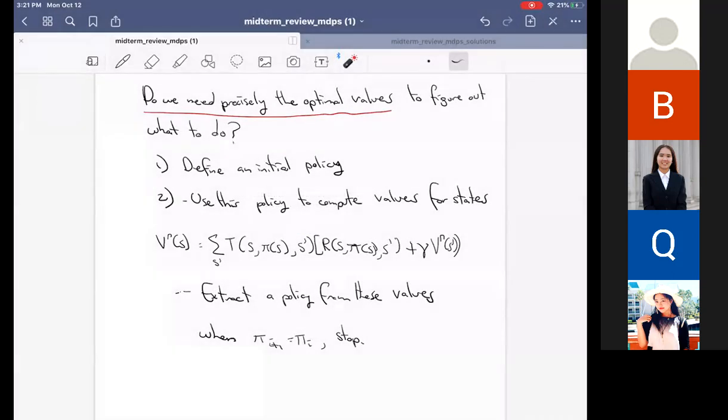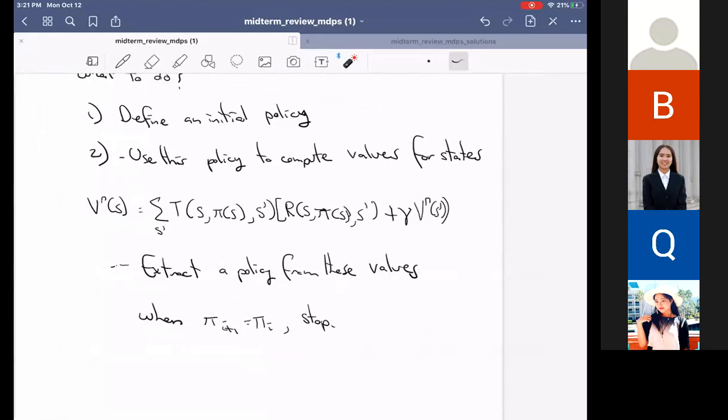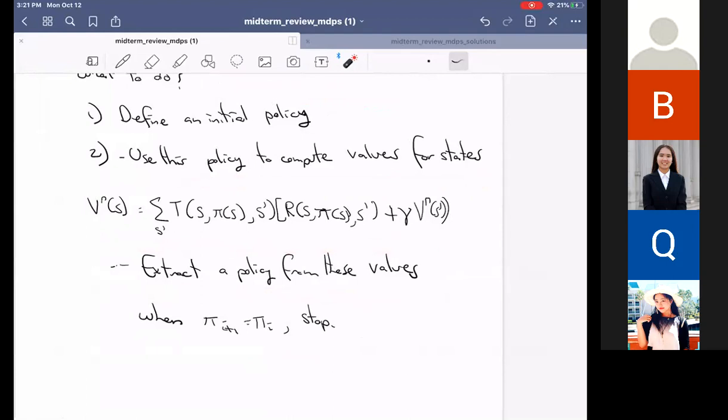Yeah. So, for one thing, the first part of this is, okay, we know that the policy is no longer going to change. The reason we know that is because the values for the states that the policy gives you are going to be the same. And so this step is going to give you the same extraction. But to your other question about why we know this is optimal,